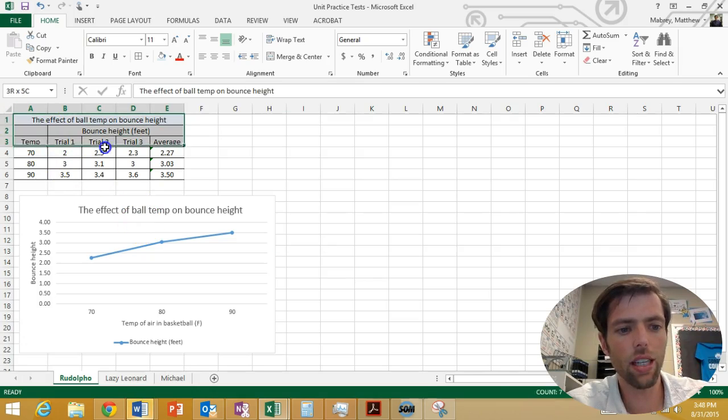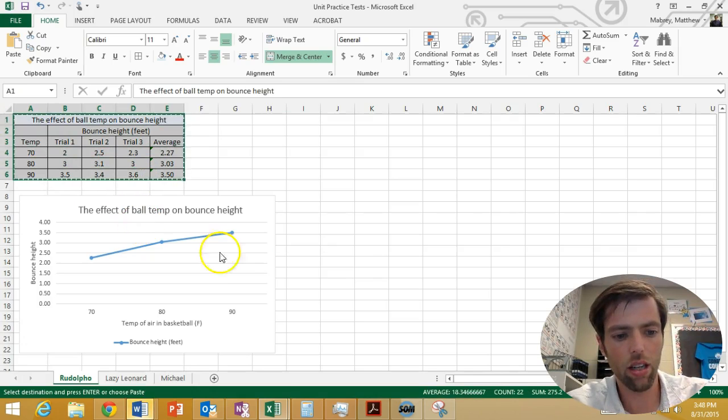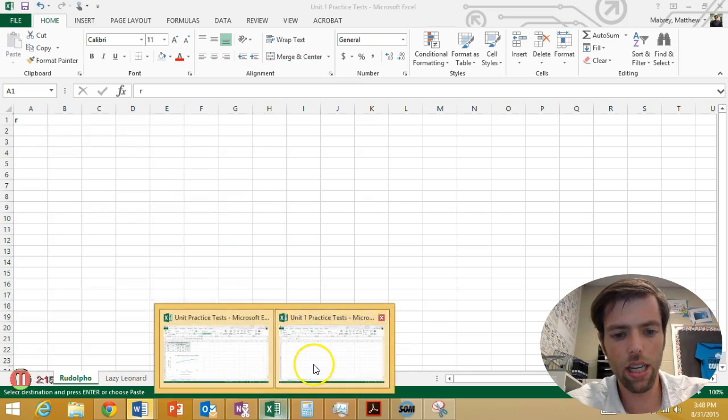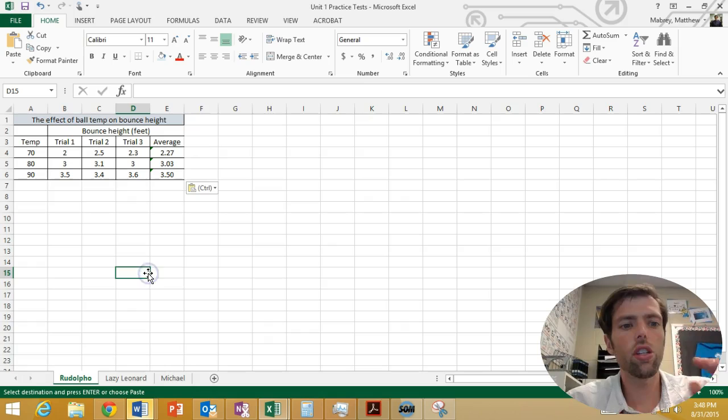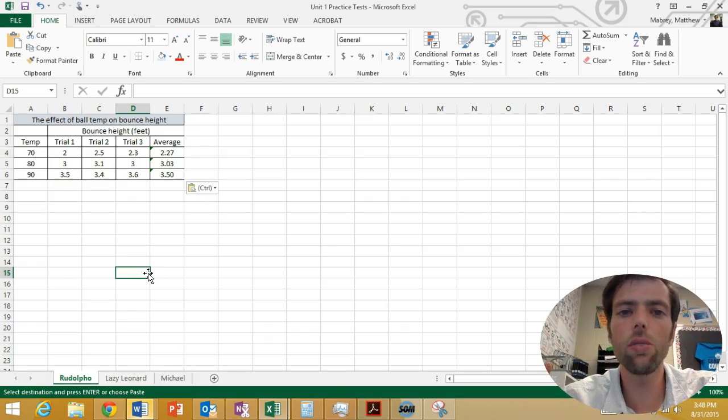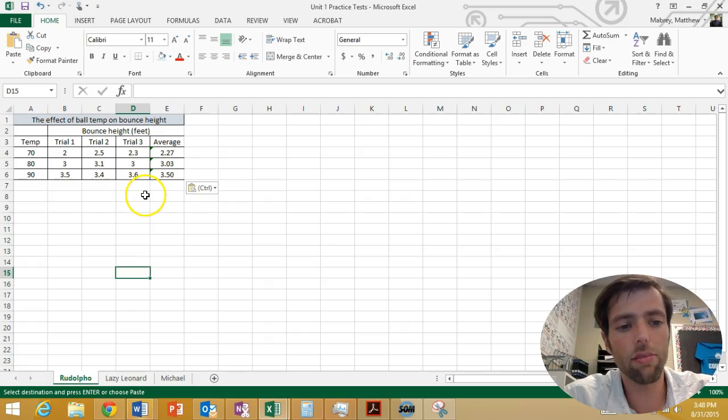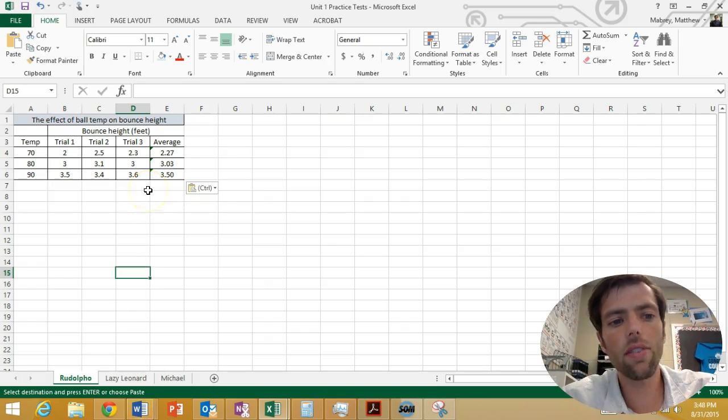So what I'm going to do is I'm going to go ahead and copy and paste the one that I made earlier, and I'm going to put it in this one right here. Now, don't worry, you will be making this data table, and you really don't need to pause the video and copy it here. To be honest, it'd be better practice for you if you didn't, but if you do, it's sort of on you. That's a choice you'll have to make. Now, once you have this data table,